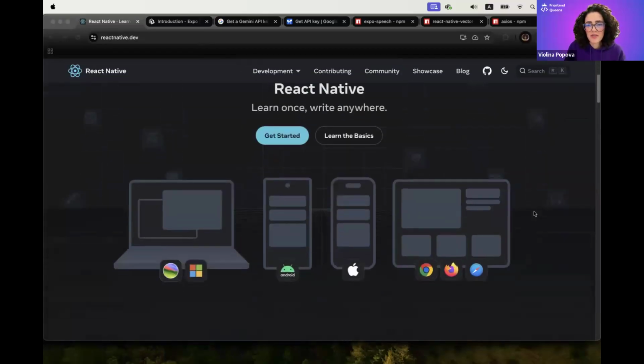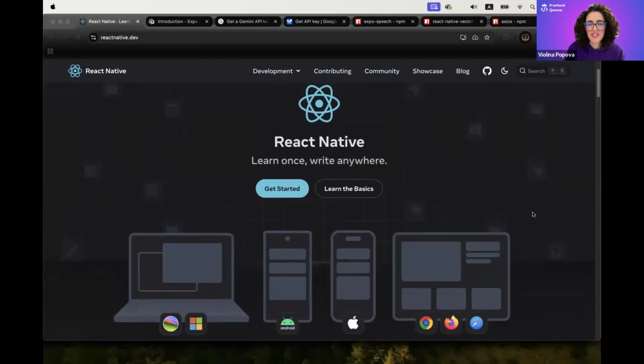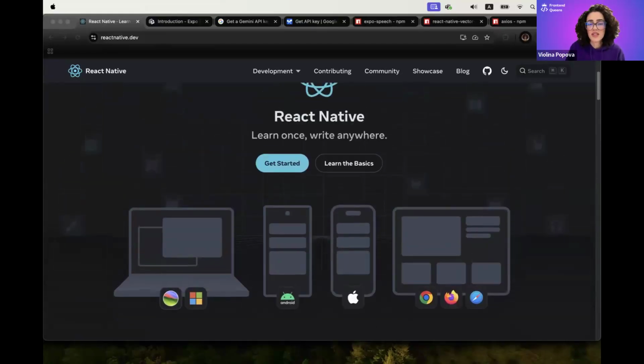So what is React Native? I'm officially with a web background, and I started with React, and if today on the call there are people who are also with web background and are using React, actually the transition to React Native is very smooth. Well, it takes some time to get comfortable with the different primitives, but in general you can use your React knowledge to also build mobile apps, but not only mobile apps, because with the latest updates in React Native, you